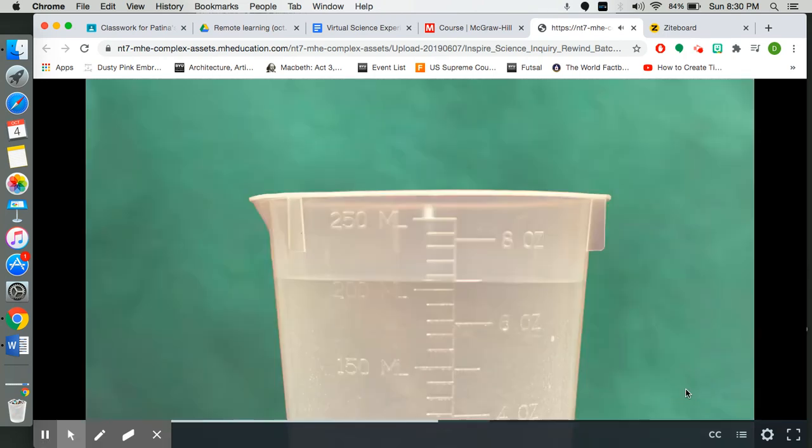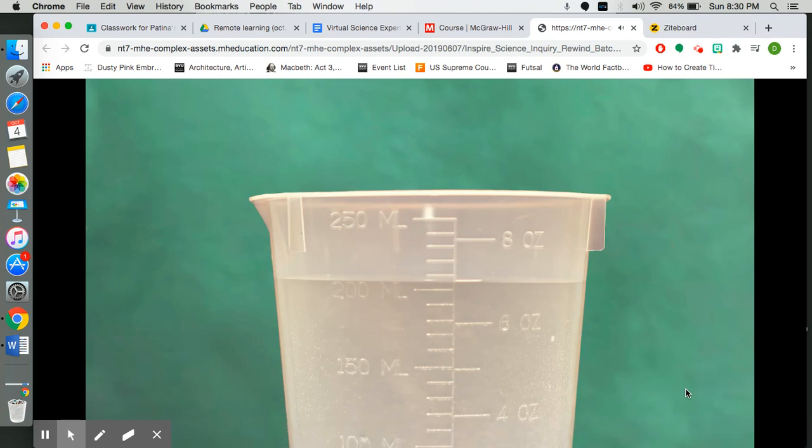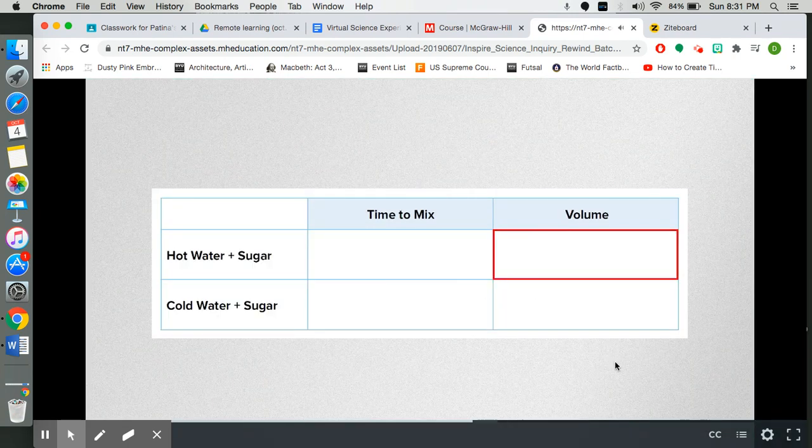Done that. Remove the spoon from the beaker of hot water. Measure the volume of hot water and sugar in the beaker. Record the volume for the hot water and sugar. When you finish recording the volume of the hot water,